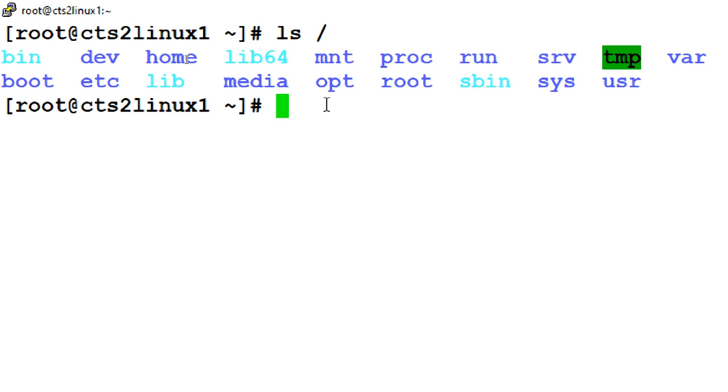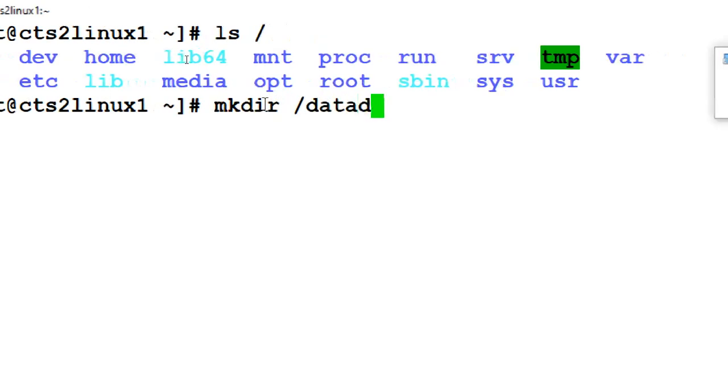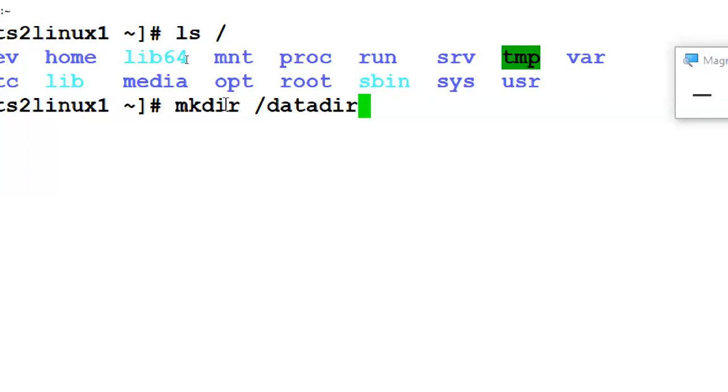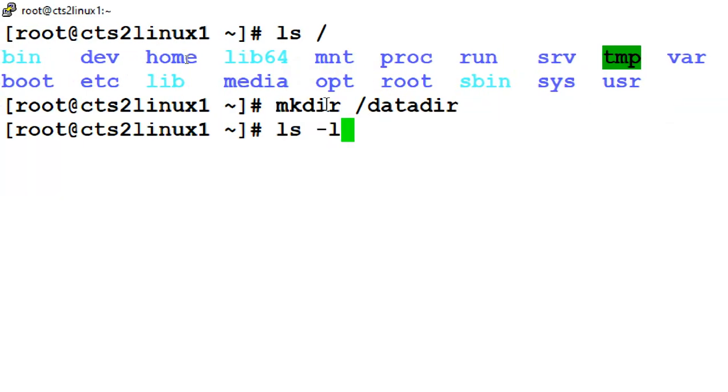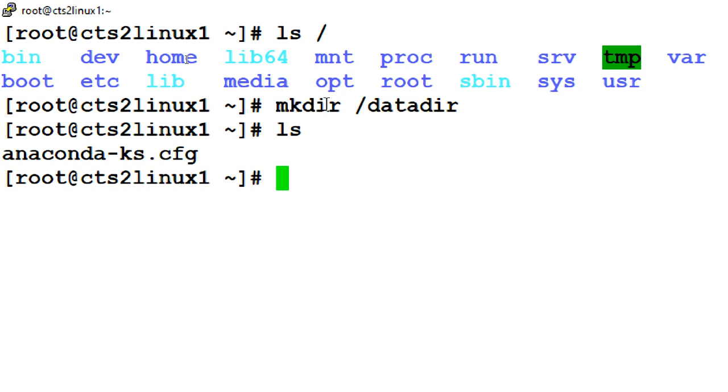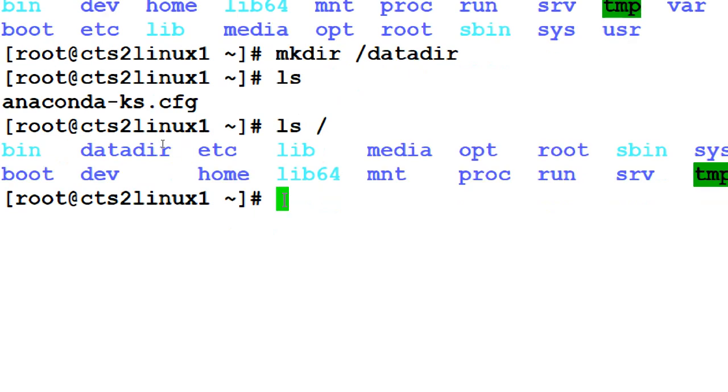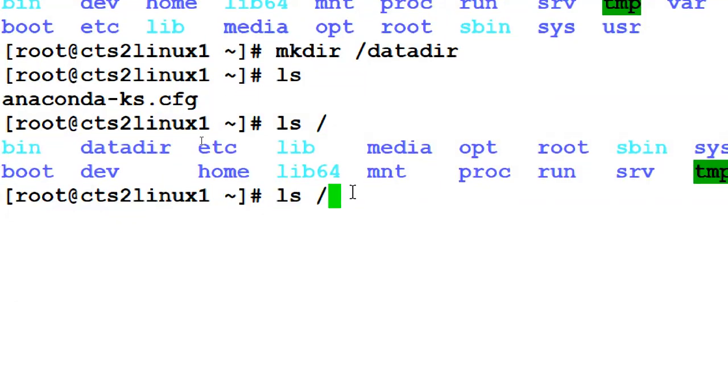Now I'm creating mkdir /data dir. Now ls space slash. This is the directory I created under slash. Now ls -ld.